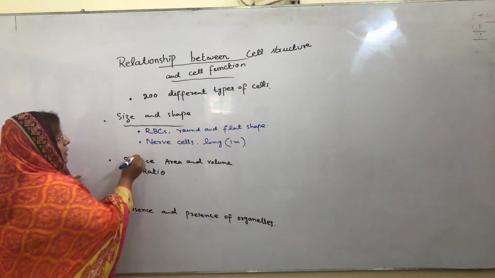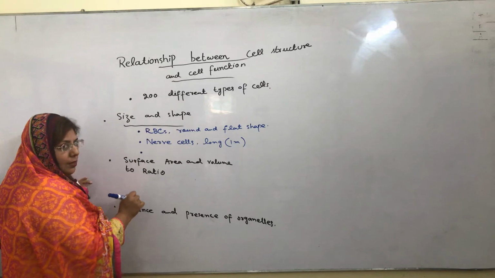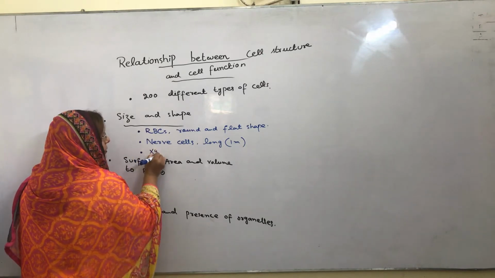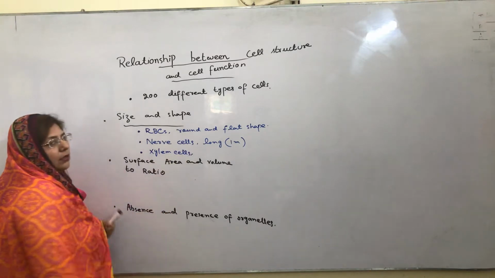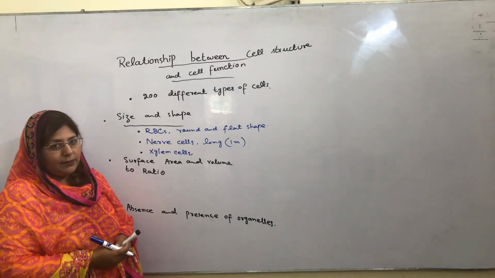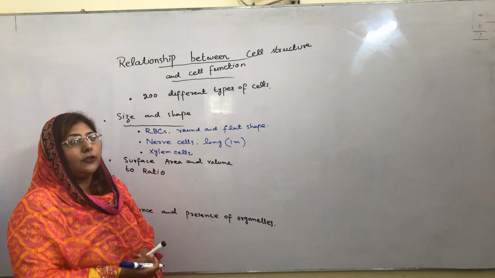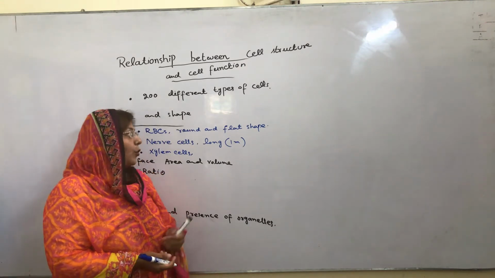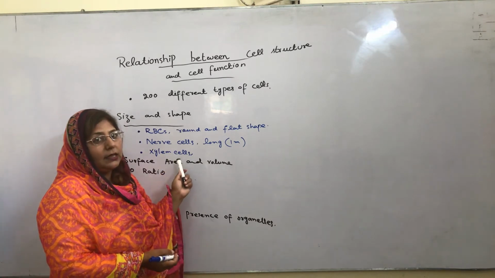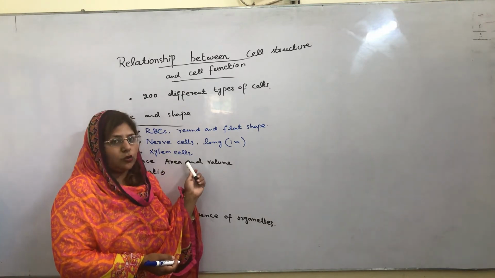And the third, if we take an example of plant cells, the xylem cells, we know xylem cells are tube-like structures. They are present in the stem, and their important function is that they take up water and salts from the